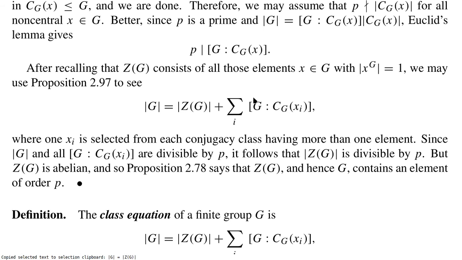We know that all these are divisible by P, from here, and this is divisible by P itself, right? This thing must also then be divisible by P, but the center is abelian by definition, right? And if it is abelian, it has to be